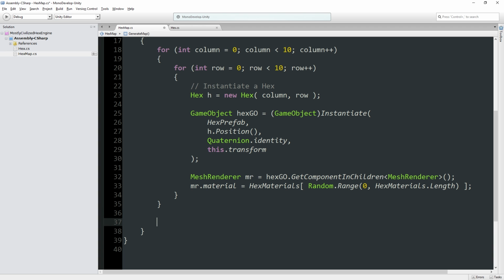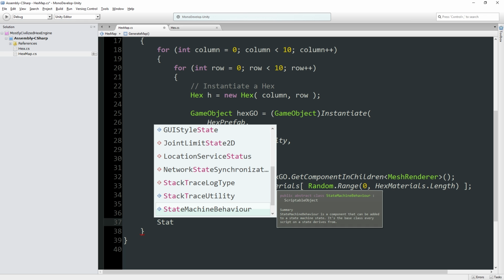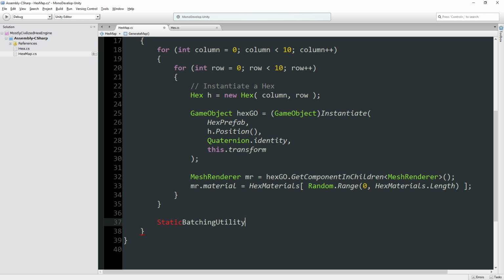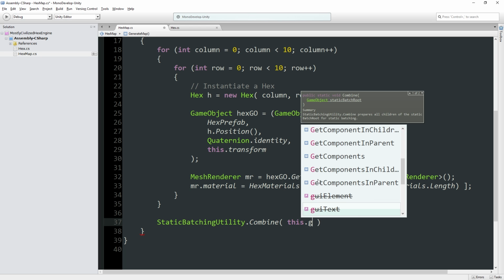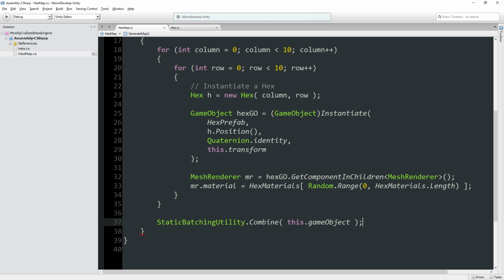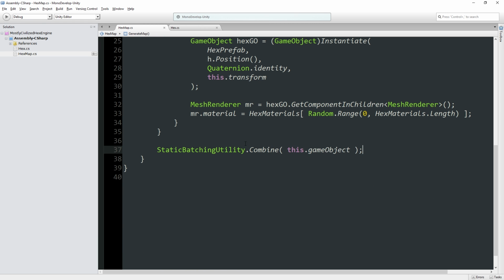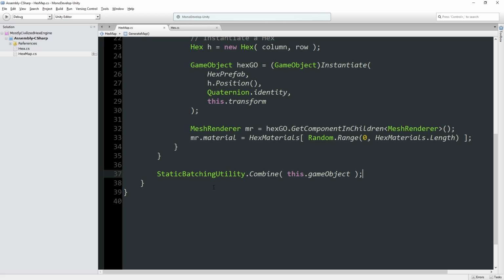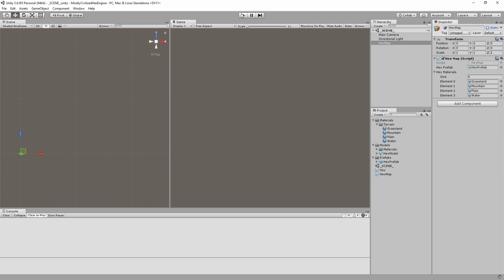There is a way to get static batching at runtime, though, and that's to use the StaticBatchingUtility and say, hey, can you combine some objects? You have to pass it a root object. In this case, we're going to pass it ourselves, right? This is our hex map. All of the hex tiles are children of the hex map. We could go and do this Combine. This is actually kind of interesting. If we hit play,